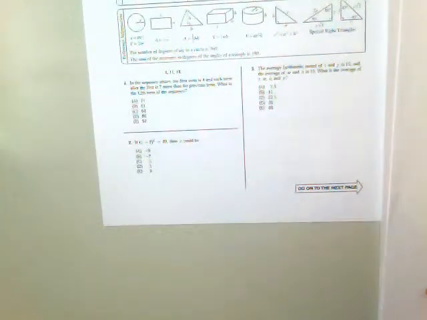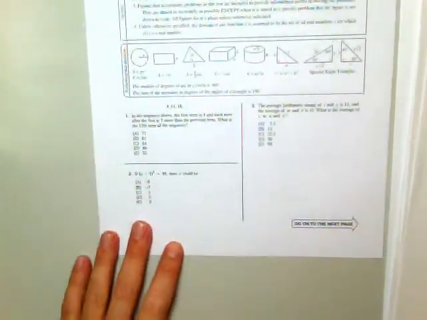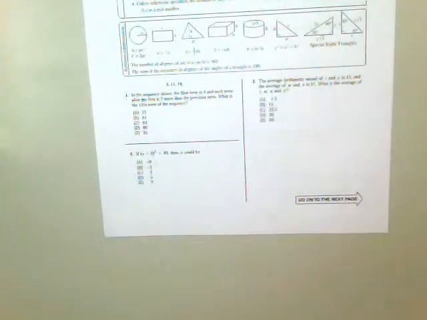Number 1 says, in the sequence above, the first term is 4, and each term after the first is 4 more than the previous term. What is the 12th term of the sequence? Well, we don't want to write them all out if we can help it. So we use